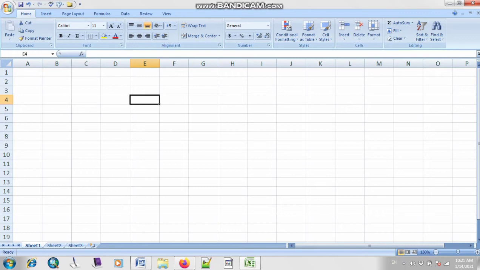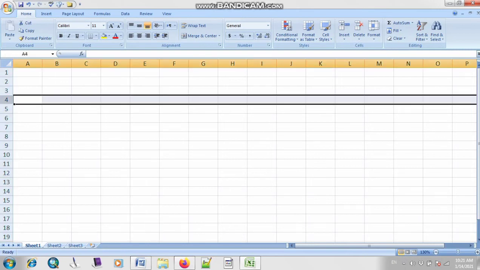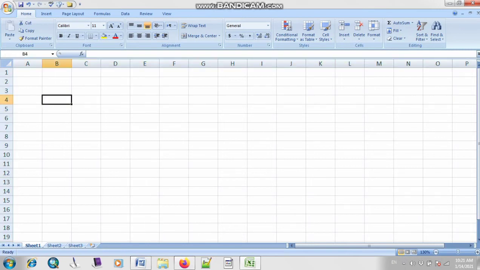Now let's see how you can enter data when you click on a cell. As you can see, the combination of a column and a row makes a cell. So let me enter some data.